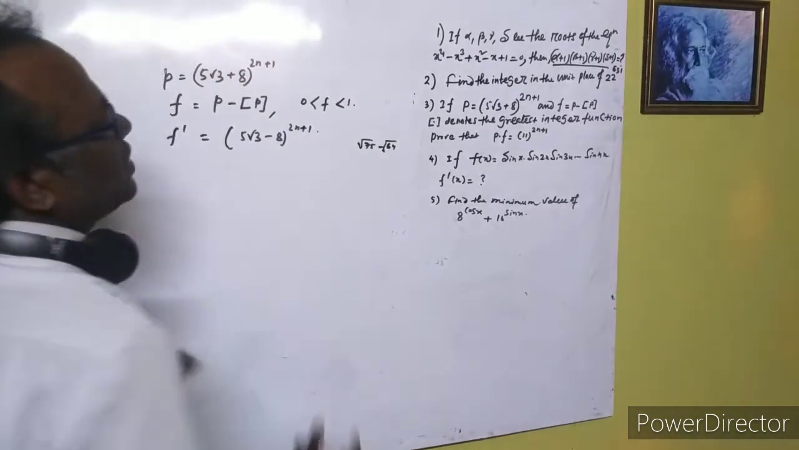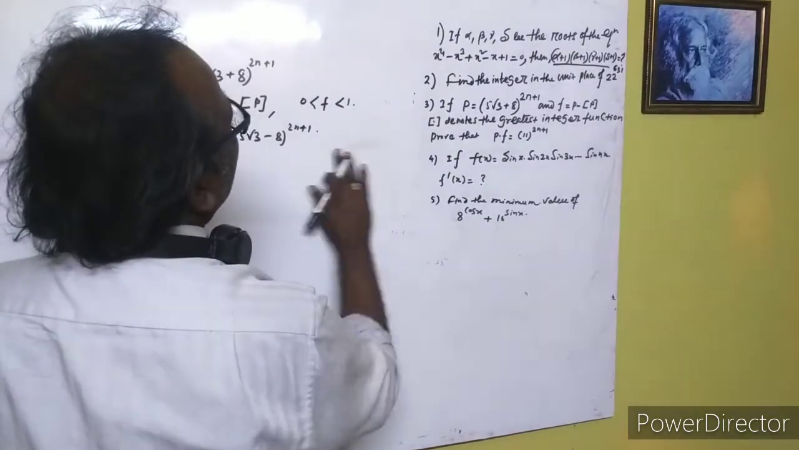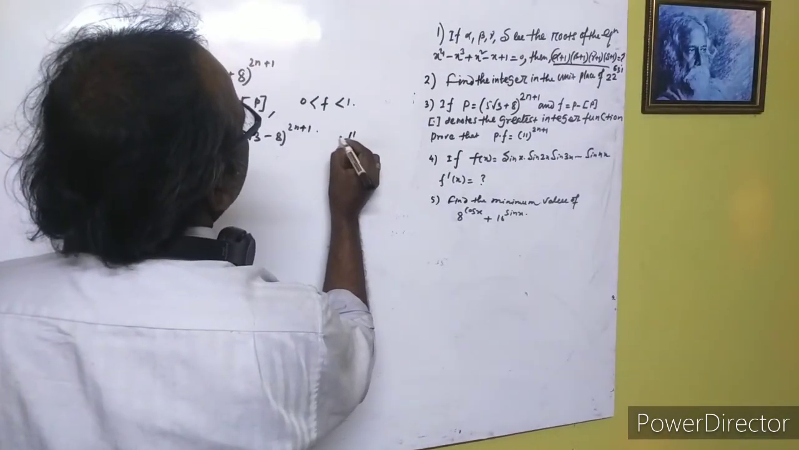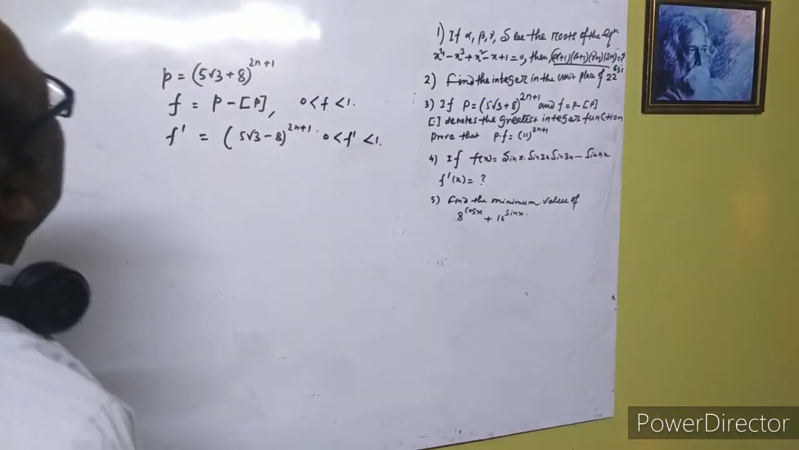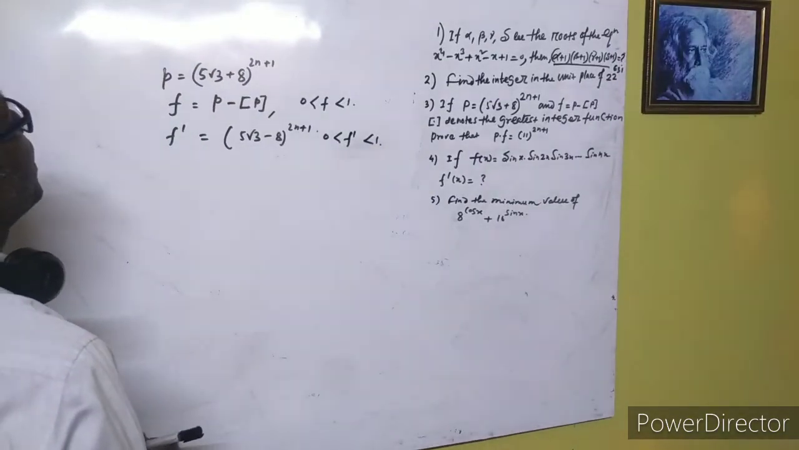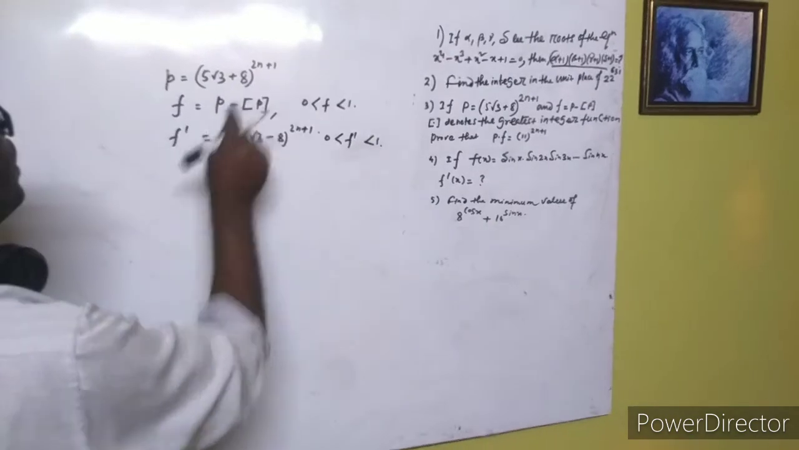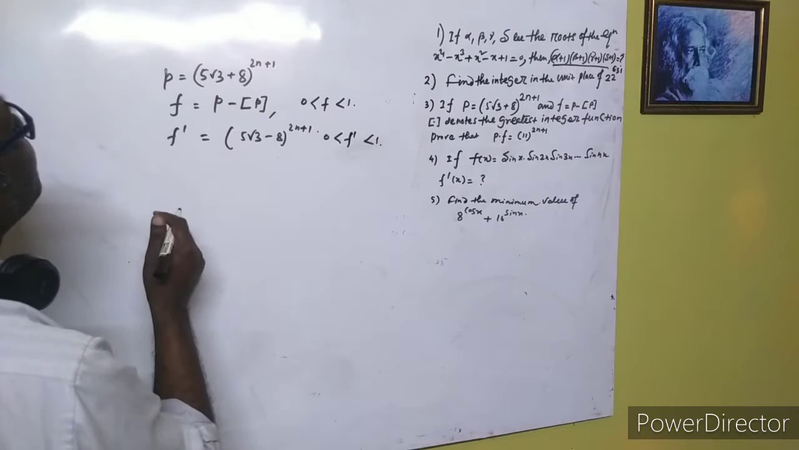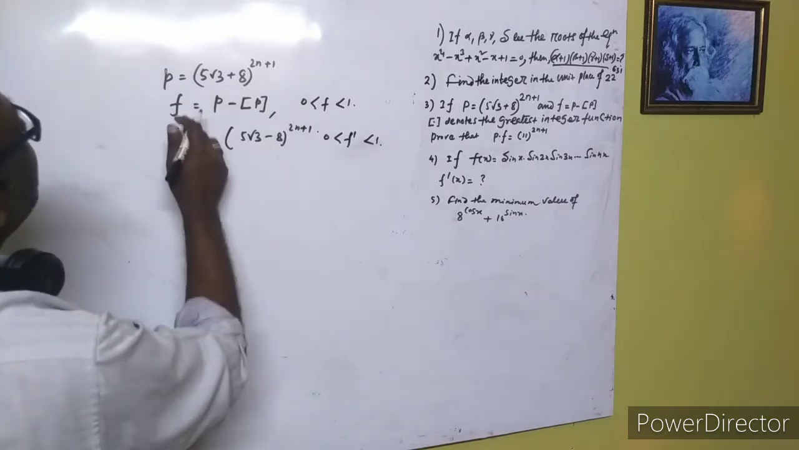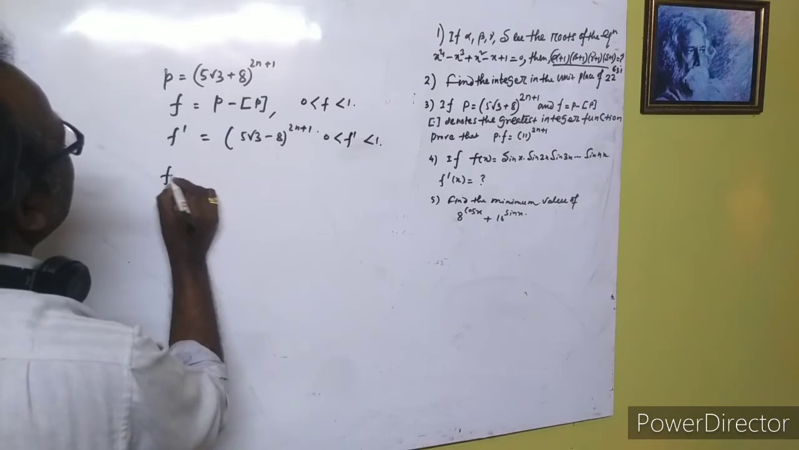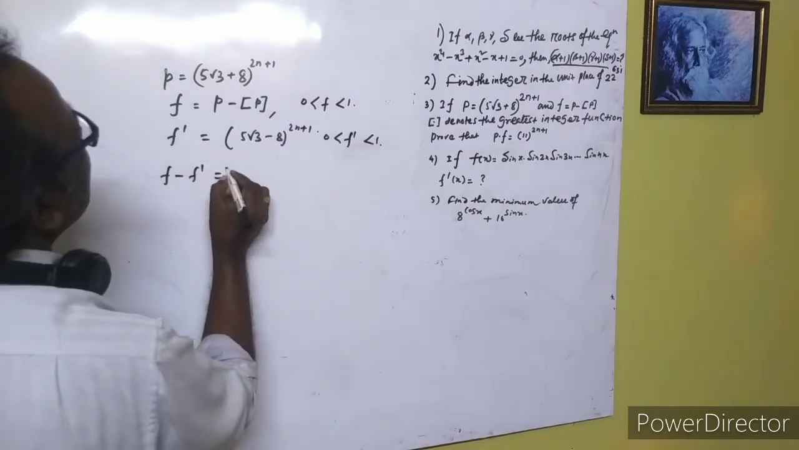And that difference lies between 0 and 1 here. And this also lies between 0 and 1, f dash. This is P. Now f minus f dash, and this is here f minus f dash, and this is equal to